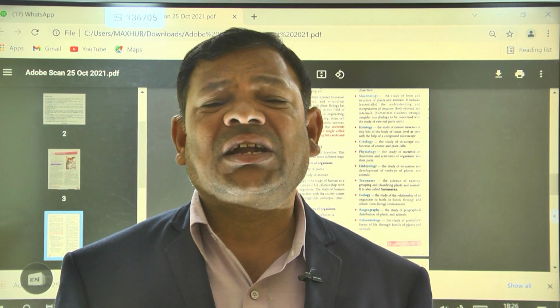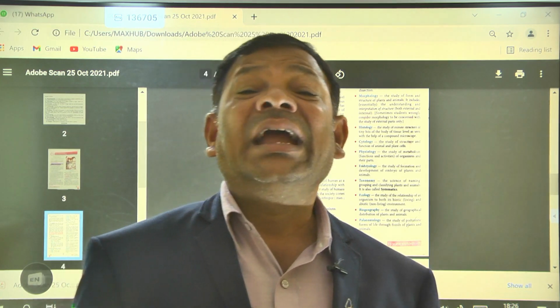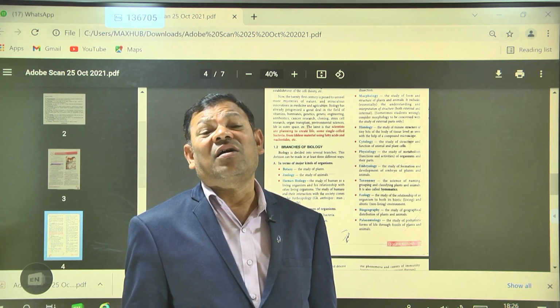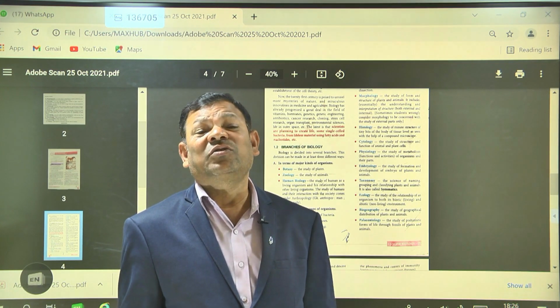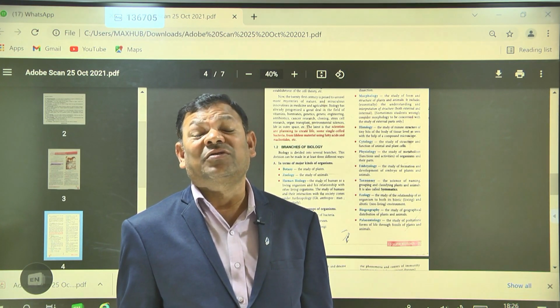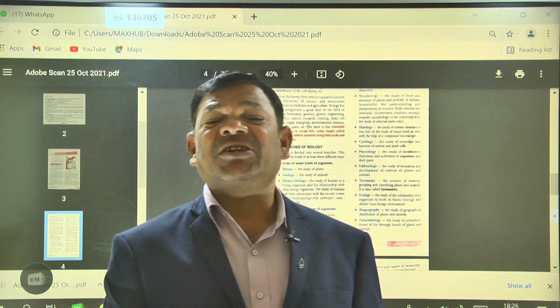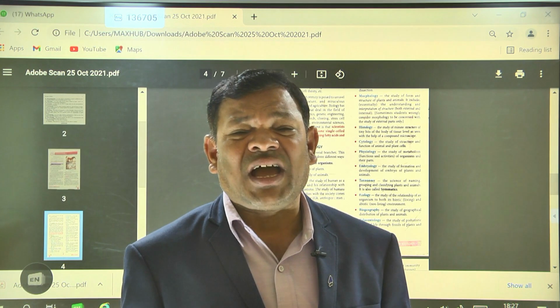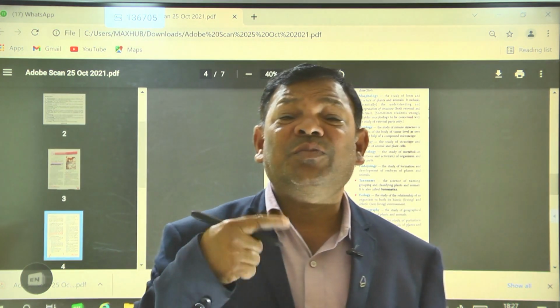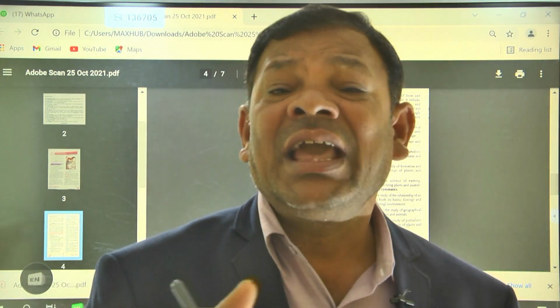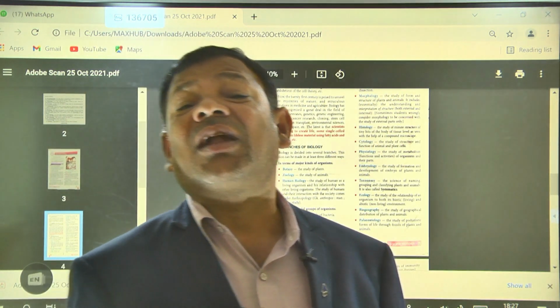Photosynthesis is an important life process because it produces food and liberates oxygen gas. So that's why photosynthesis is the important life process in plants. For example, in human beings, respiration is the important life process. Why? Because respiration produces energy. So that's why respiration is an important life process.